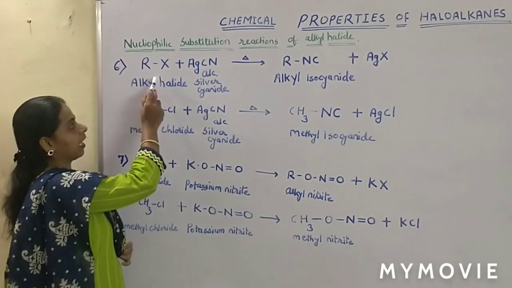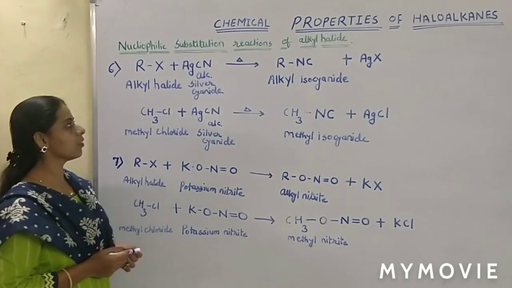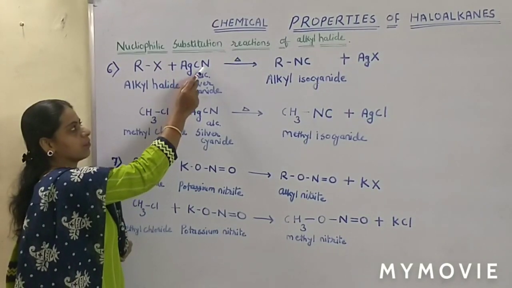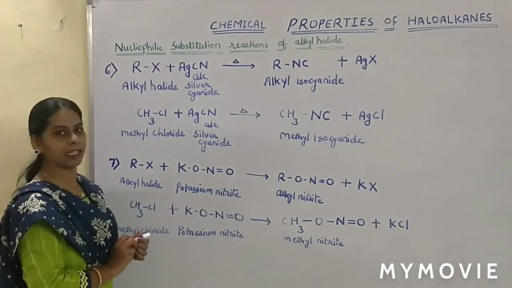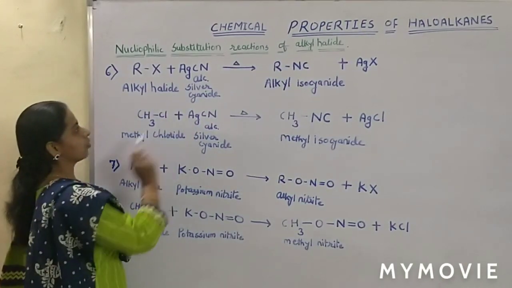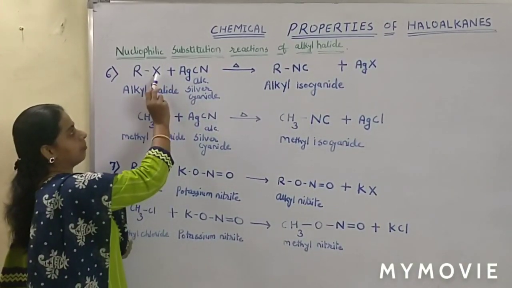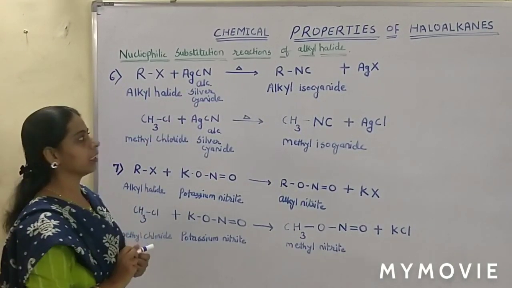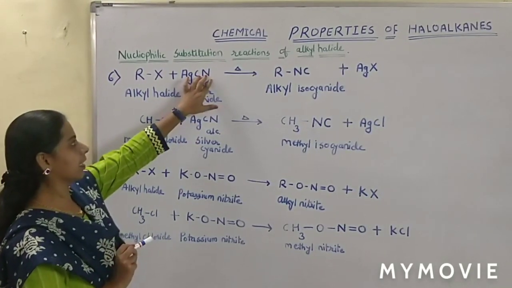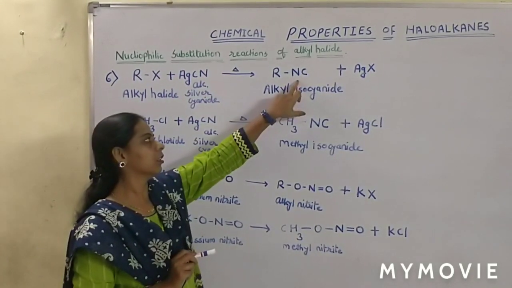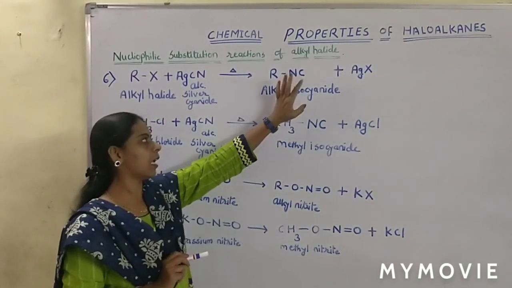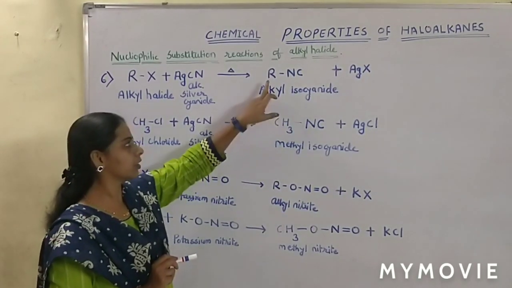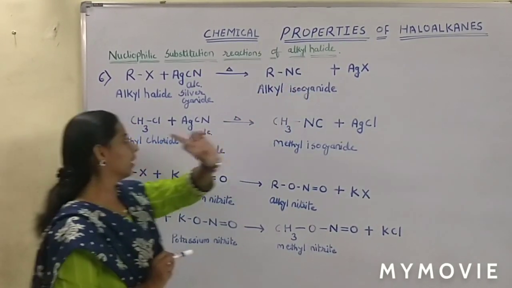Now the next reaction is alkyl halide reacting with an alcoholic solution of silver cyanide. This is the formula of alkyl halide, RX, which reacts with an alcoholic solution of silver cyanide. The formula is AgCN. The reaction is carried out under heat. So what will be the product? Ag combines with that X. So this is the byproduct and the main product is R connected with the CN. While connecting that CN, R is connected first to the nitrogen and then the carbon, which means the group is totally inverse. So this is the functional group of isocyanate. So this is the formula of alkyl isocyanate.